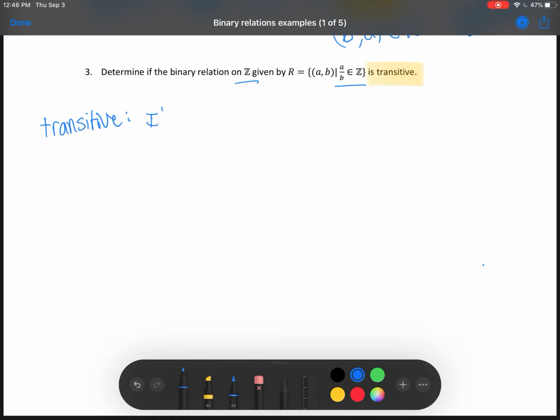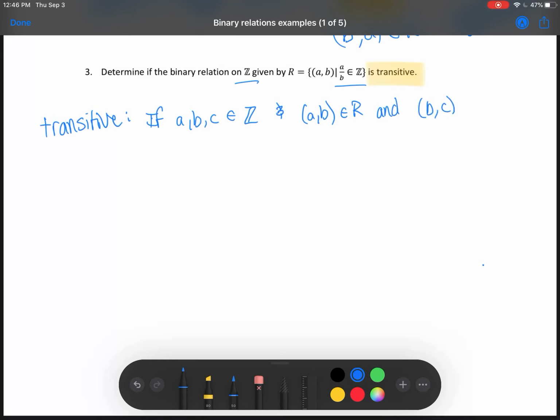So for transitive, we have a lot going on. Actually, we start with three elements that are in our set. So we're just going to call them A, B, and C, because again, we don't want to talk about specific elements. We want to talk about it in the general case. So if we have three elements, A, B, and C, and we're also assuming that A comma B is in the relation